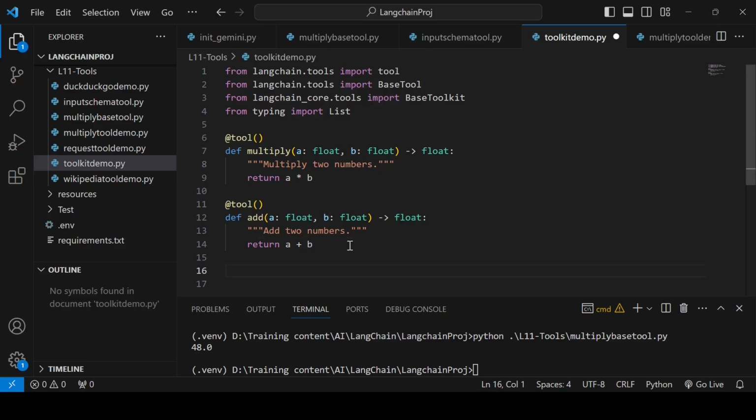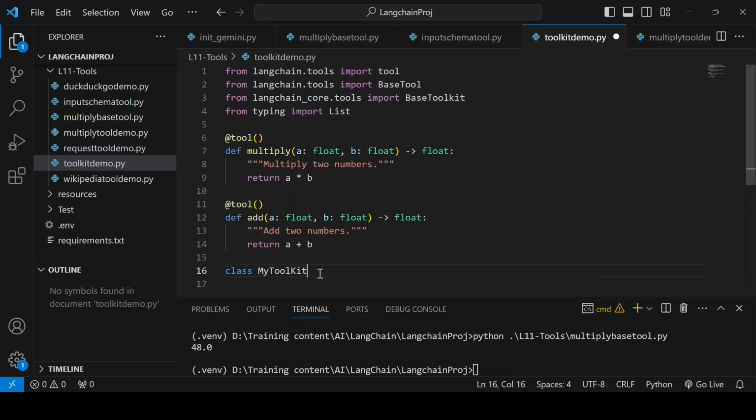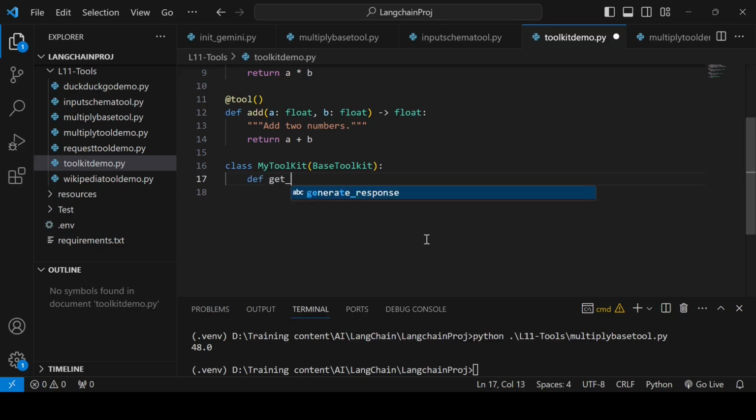Now what I want to do is create a toolkit which will include these two tools, right? So let's create a class. You have to create a class which will extend this BaseToolkit. That is the first thing. In that you have to create a method get_tools(self) that will return the list of tools, a list of BaseTool.